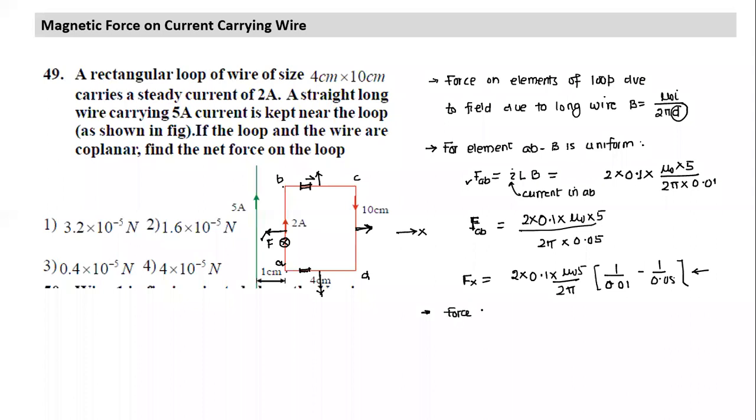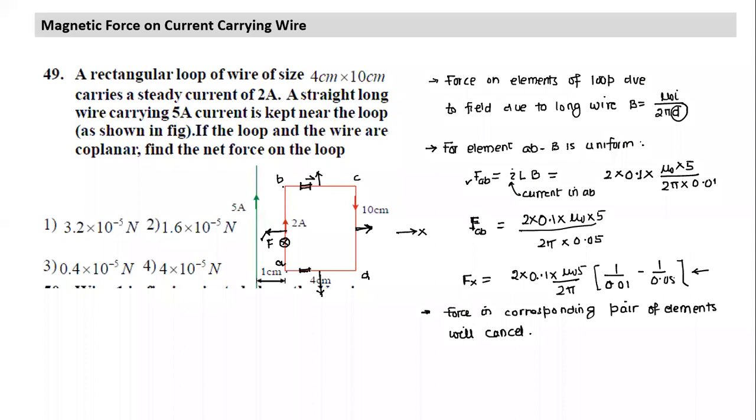in corresponding pair of elements. I hope all of you understand, we have used this pair of elements, they will cancel. Hence, what is the net force? This is the net force. Net force is only attractive in nature, and the force also lies in the plane in which the rectangular loop lies. So this itself is the net force.